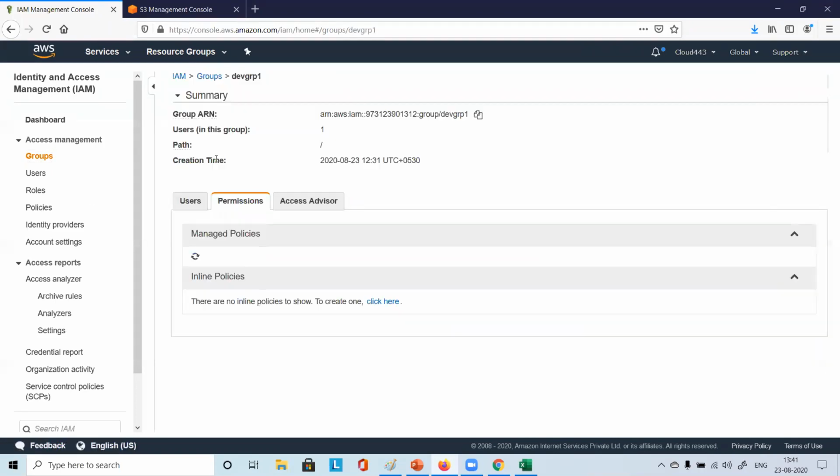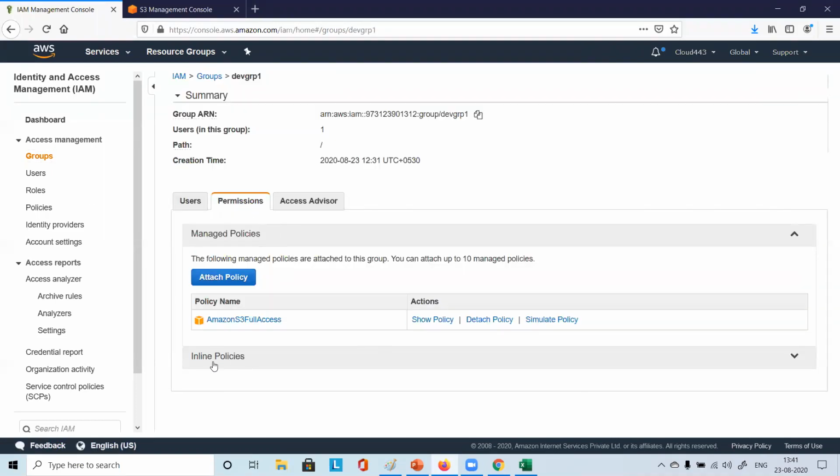So what will we do? Tell me. For that only this inline policy is there. We discussed inline policy, right? Specific to a user or group, right? So this inline policy is specifically attached, and here we will be denying things actually. Here we can allow or deny whatever options are there. So just click on this inline policy and click on this click here link.